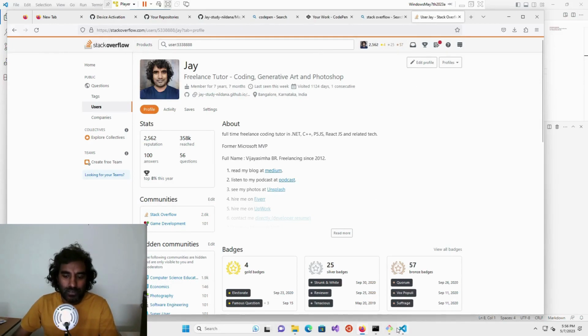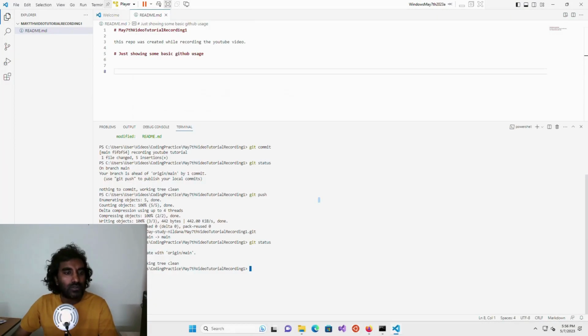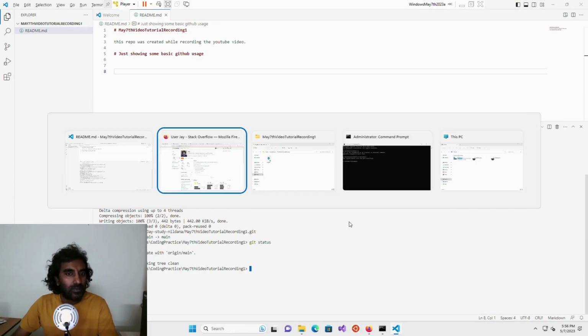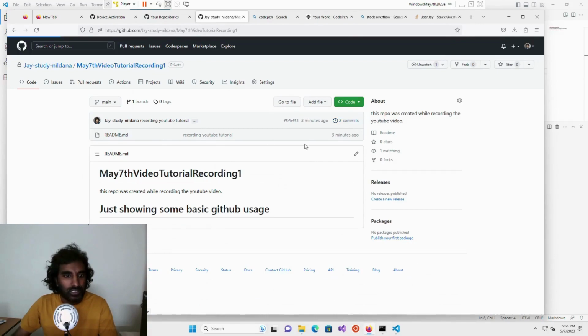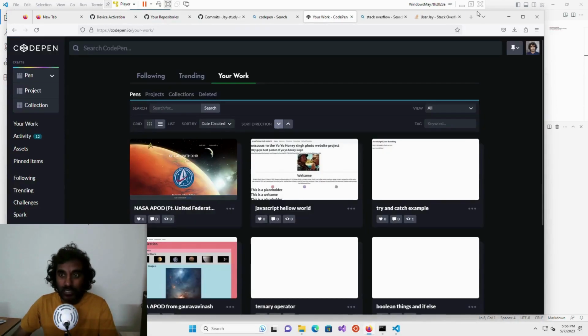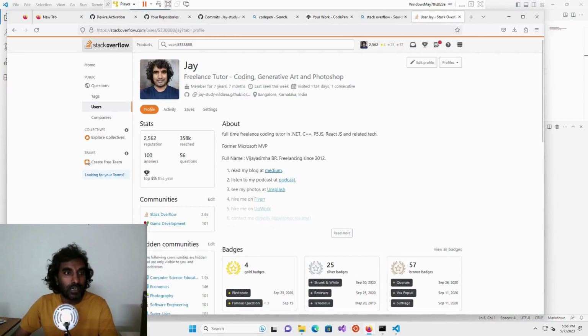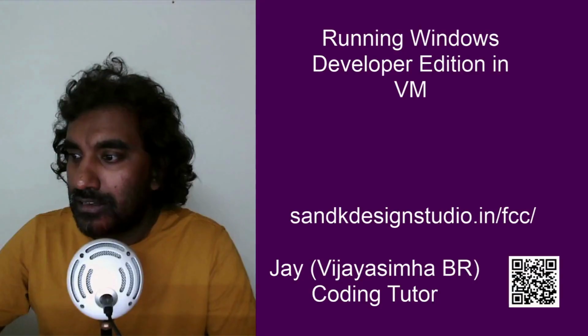That's all you have to do. So you make sure that Git is working, make sure your VS Code is working, make sure you're able to do Git commit, Git status and everything, make sure it is getting updated on GitHub. Like if you do everything properly, you should see that you have 2 commits. Every time you do a commit, it should come up. Make sure your CodePen is logged in, and of course, make sure your Stack Overflow is working. And there you go. That is how you go ahead and set up,